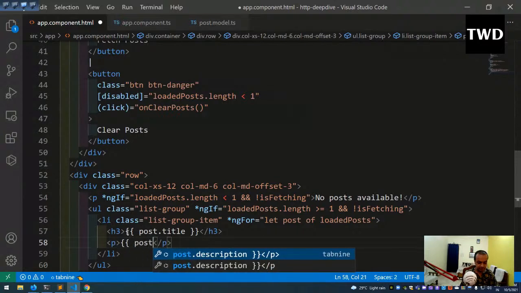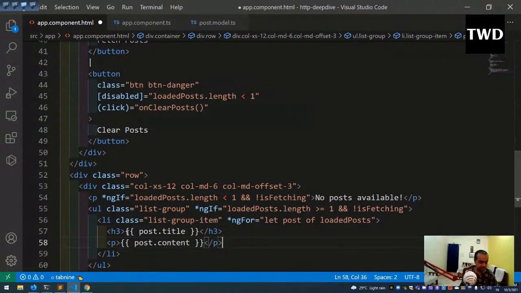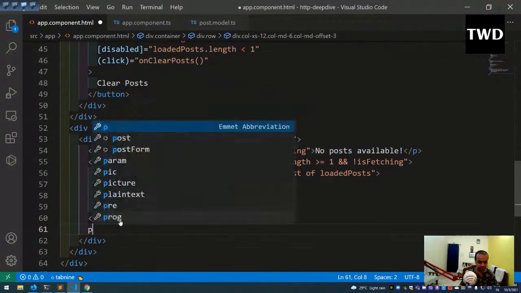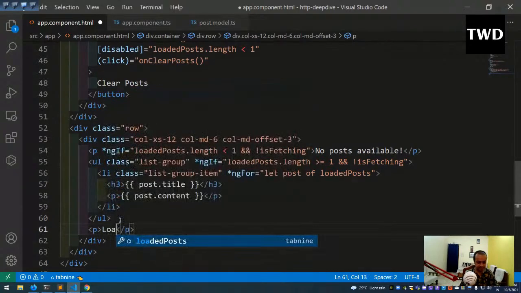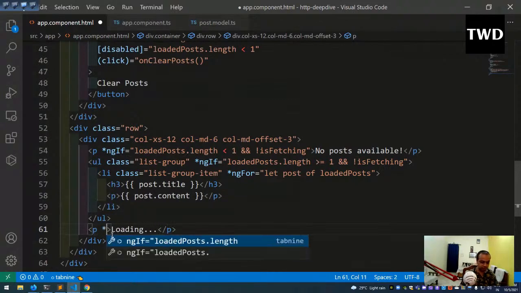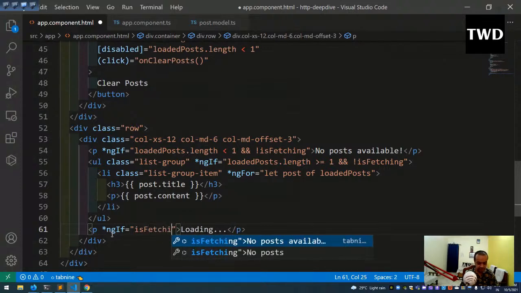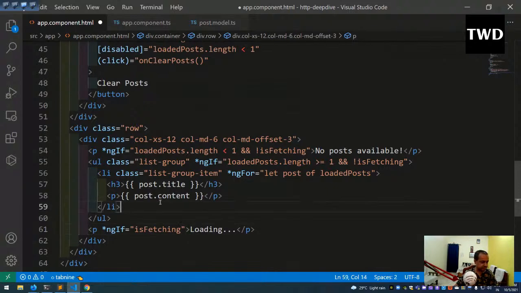post.content, save it, and we are going to show a loading text also, and you can show a loading bar also in its place. So p, like this loading text, and it will be shown if ngIf equal to isFetching, so if it is true, then it will be shown. Okay,